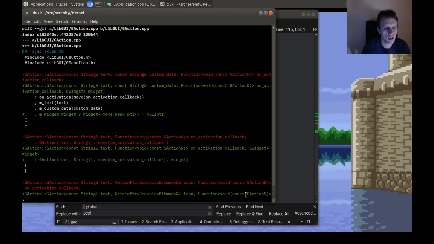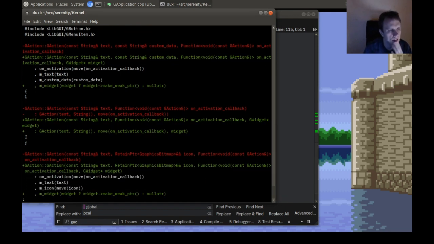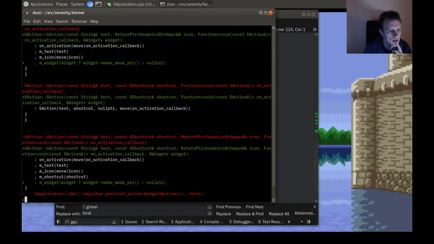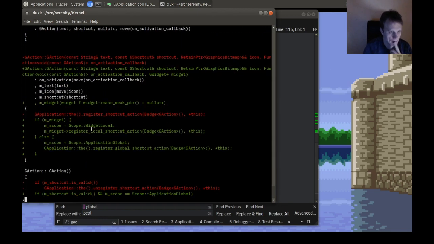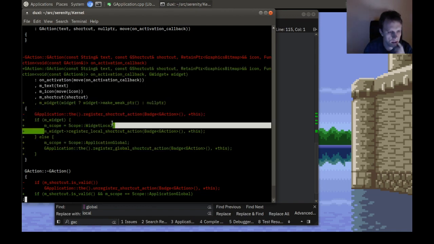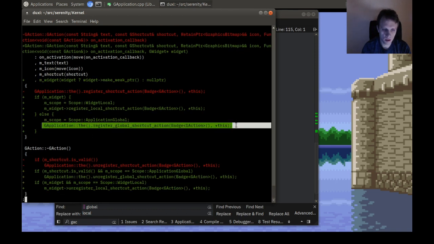So let's do a patch review. Okay, so here we are just setting the mWidget member of GAction in 5 million places. And in the actually relevant constructor, if we do have a widget, then we set our scope to Widget-local and register with the widget as a local shortcut. Otherwise, we set our scope to application global and register with